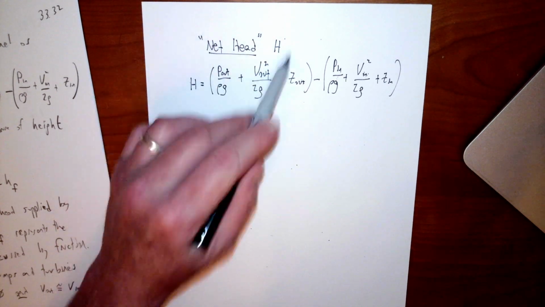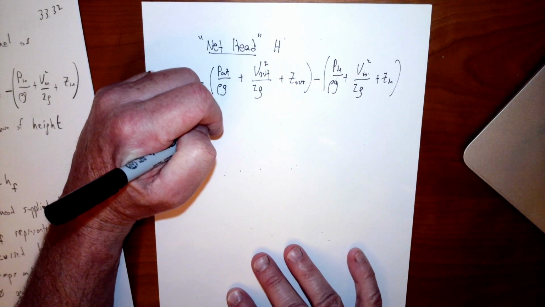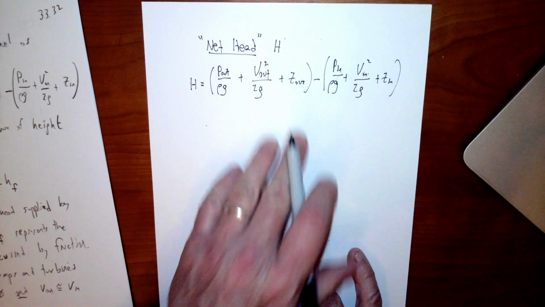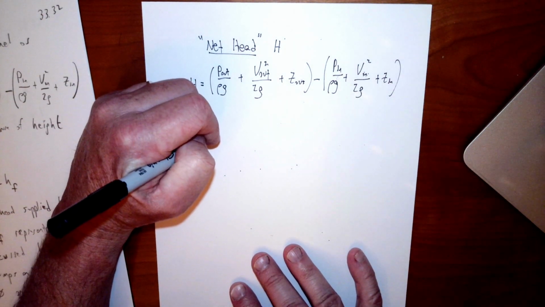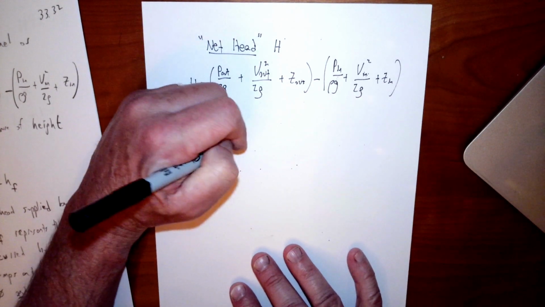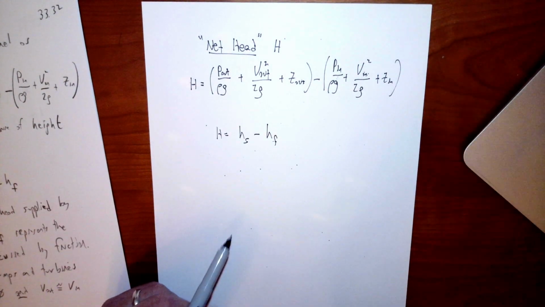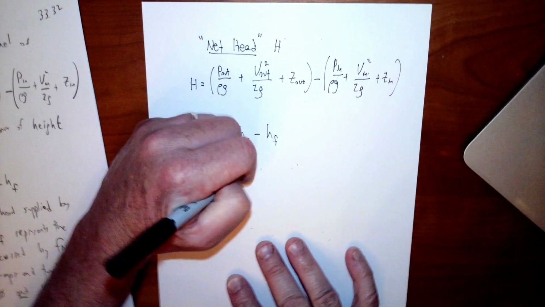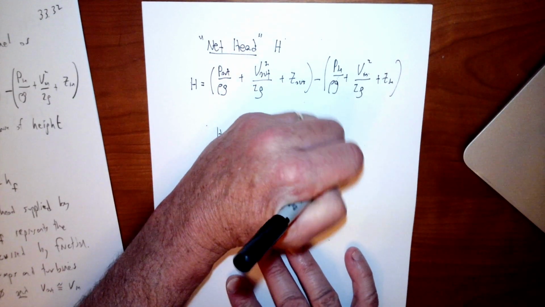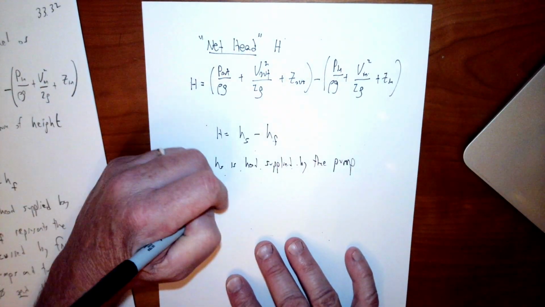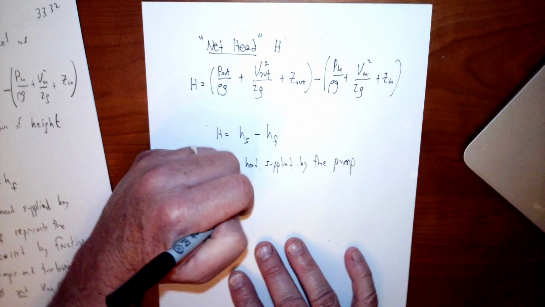pressure is, and this head that they use, this net head. As I said, H is really a measure related to Z out and Z in here. What the net head is defined formally as is H equals HS minus HF. HS is the head supplied by the pump. And HF is all that stuff that we just talked about that we were basically going to ignore. So it represents the losses